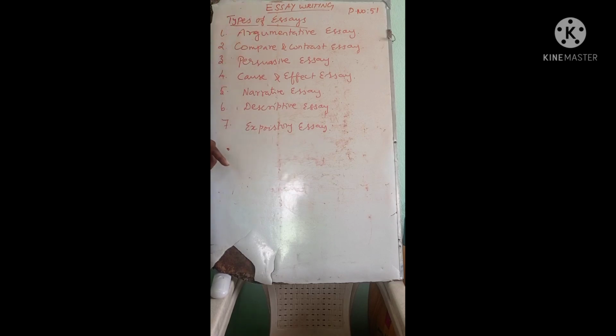Compare and contrast essay. Compare and contrast essay means a writer can take two subjects. Clear? In that essay the writer can give comparisons of those two subjects, as well as the differences in those two topics. That is what compare and contrast is. In that essay the writer can take how many topics? Two topics or two subjects, and there he should deal with the comparisons and contrasts of those two subjects.